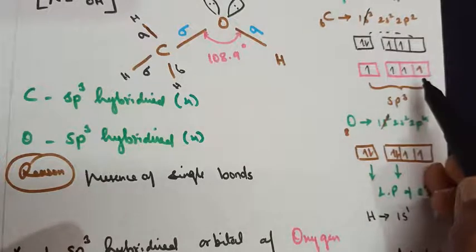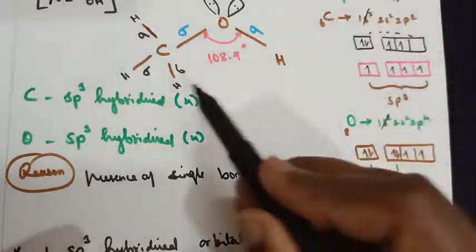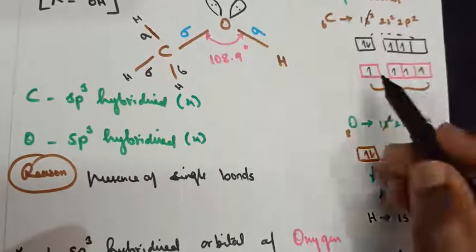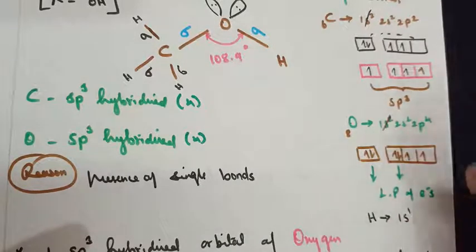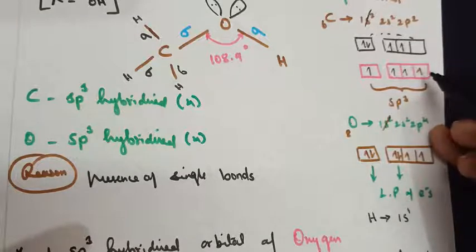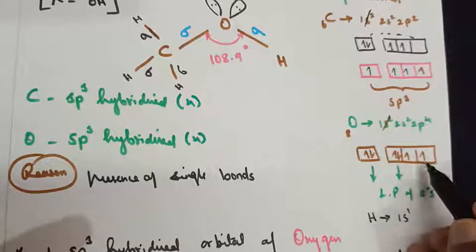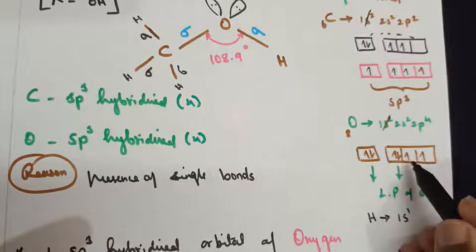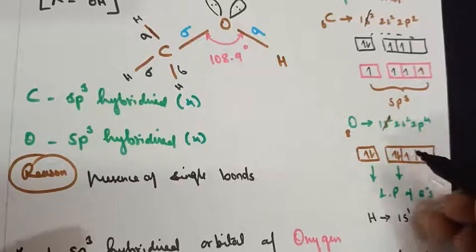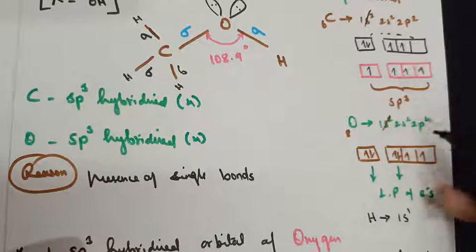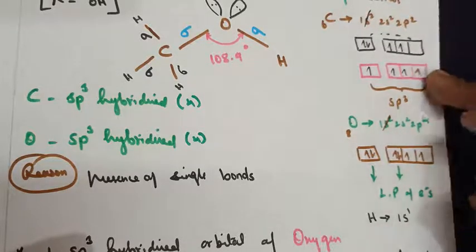Of the 4 available carbon orbitals, 3 are bonded to hydrogen, since in CH3 there are 3 hydrogens. 1 is left behind without bonding. That one combines with one of the 2 half-filled orbitals of oxygen. So this one combines with this one, forming a bond between carbon and oxygen. Over. The next one: carbon, all the electrons are now involved in the bonding.